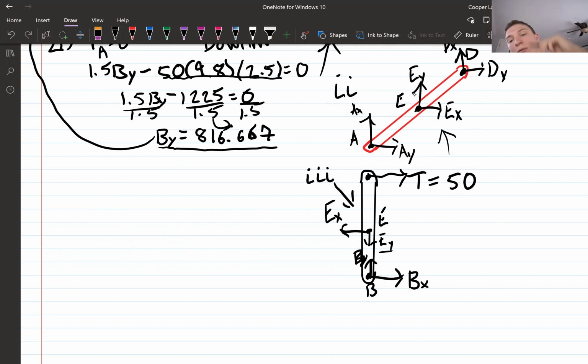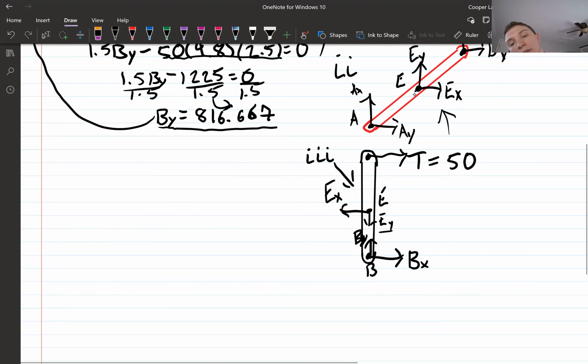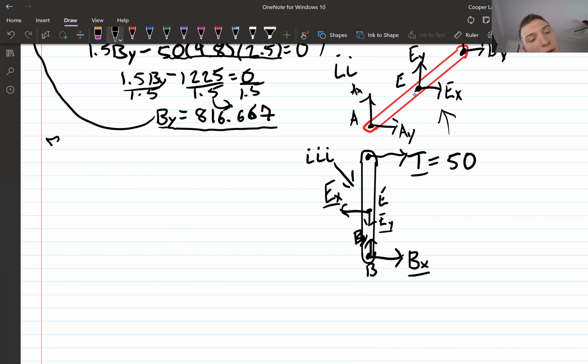What makes sense is that I do have 3 variables affecting the x. One of them I know, and one of them I can get rid of by simply doing the moment about that point. So if I do sigma of the moment about B from diagram 3,